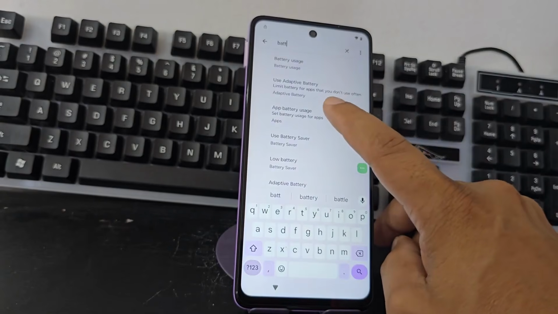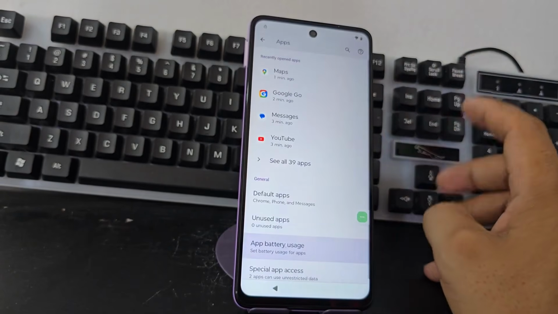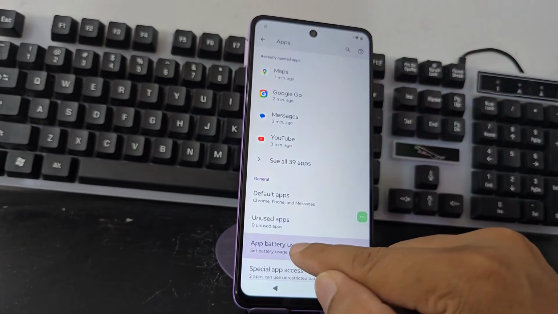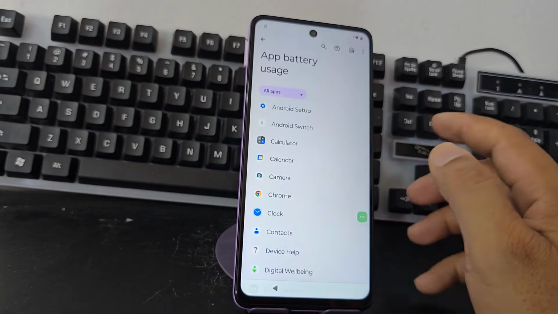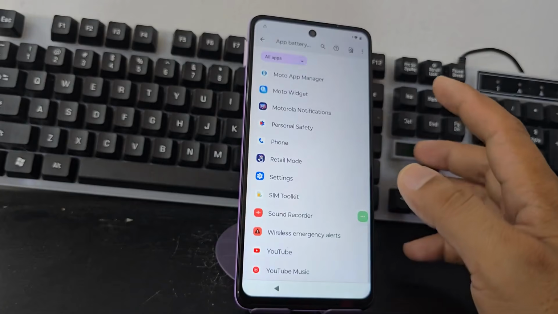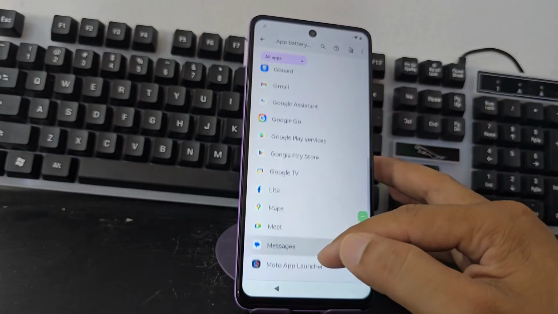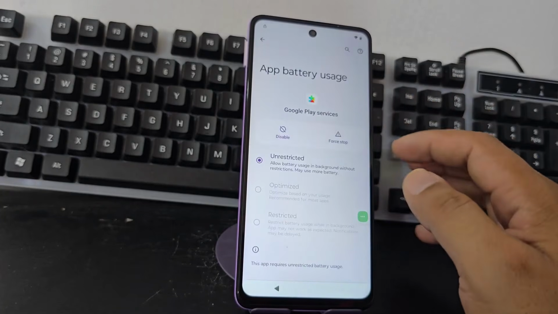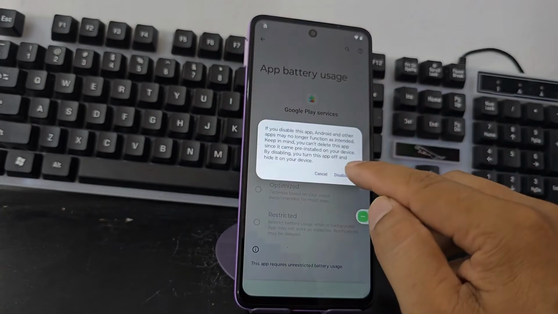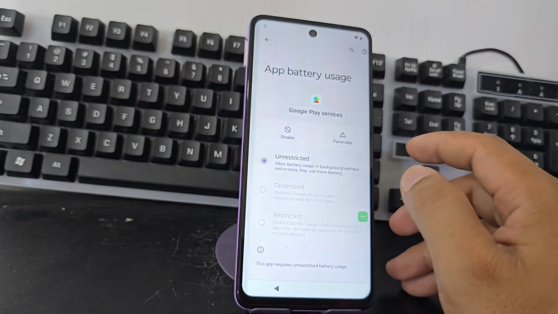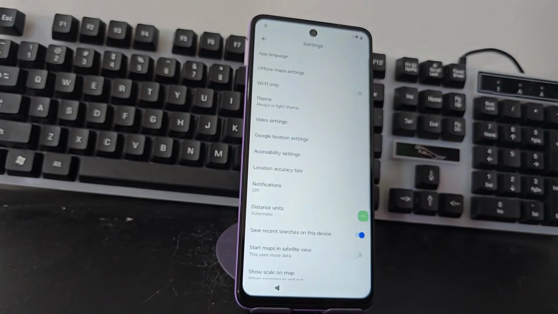Battery usage of applications. Here we select the option that is pointing to us. We're going to select it. We go down and we're going to look for Google Play services. We're going to click here where it says Disable Application. We're going to disable it. After we disable it,